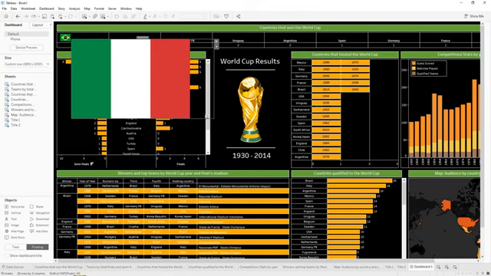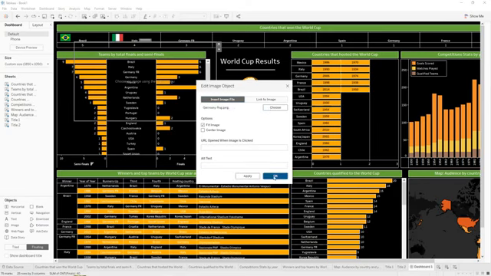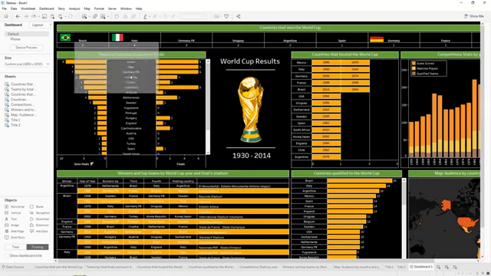Okay, next we have Germany. Okay, so we copy that, paste it, because we have two, so we put one in here, second one in here,